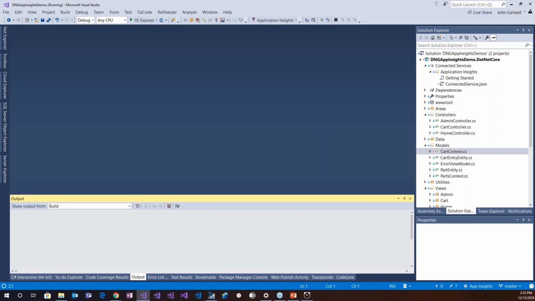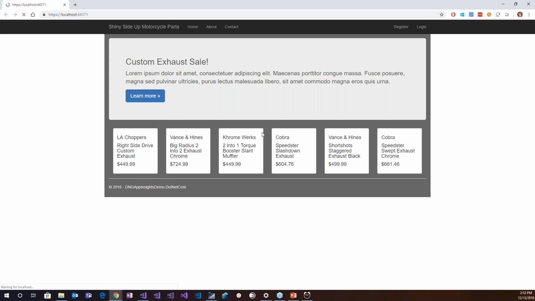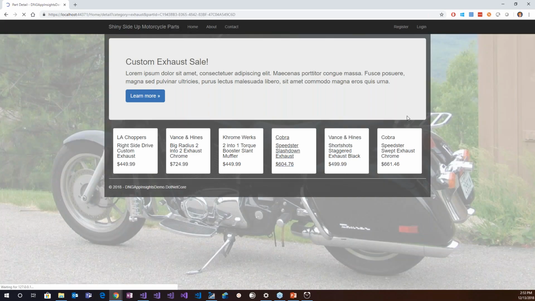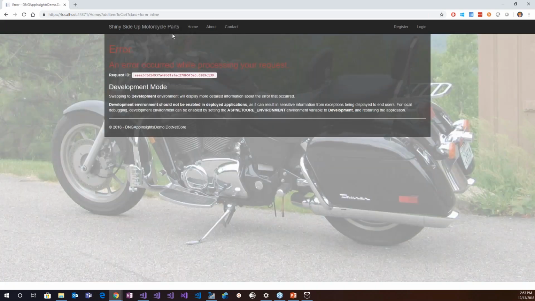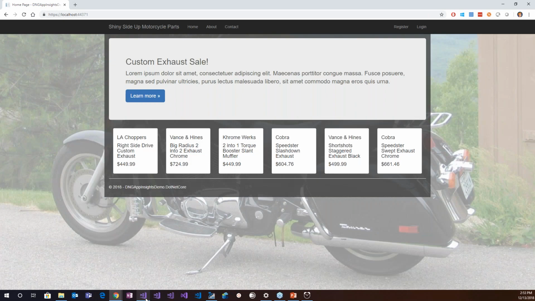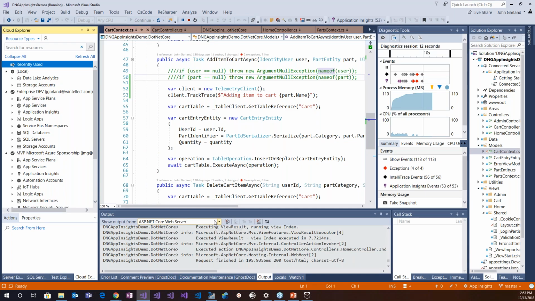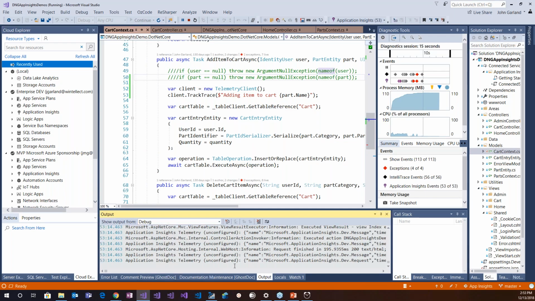and give it just a second here. And wait for Visual Studio to come up here. And click on something, cause a bug. Okay, come back home. If I come back to Visual Studio, I will see in my debug view, it's actually